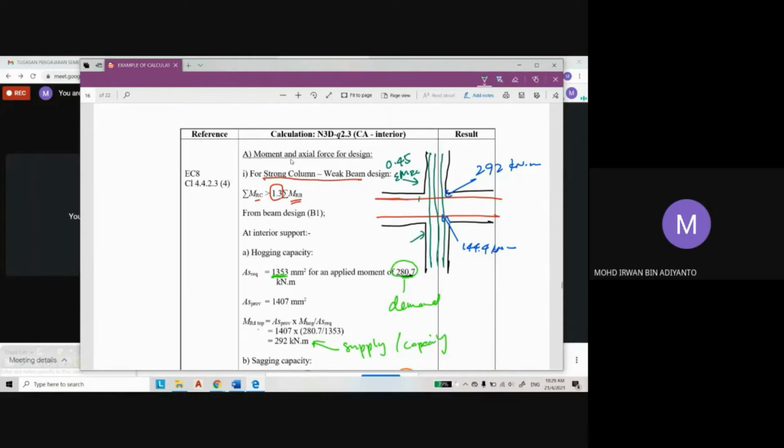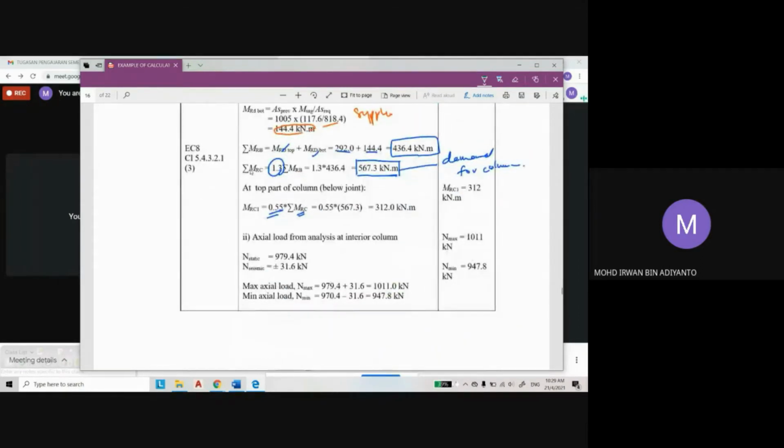at the top of the joint, this is your joint. We call it the joint. The portion is 0.55, which is 55% of the moment. When we sum up, 0.55 plus 0.45 is equal to 1.0, which is the whole value. So this is the demand for the bottom part of the joint. And then this is given with seismic static plus minus, because during the seismic